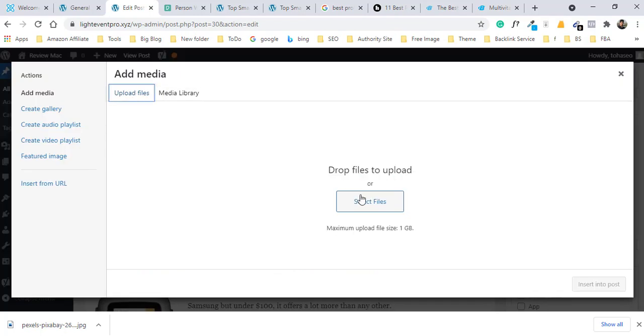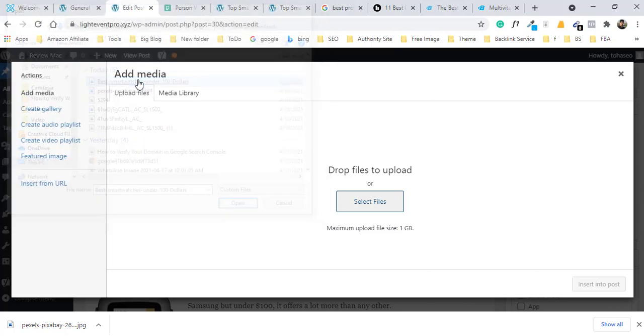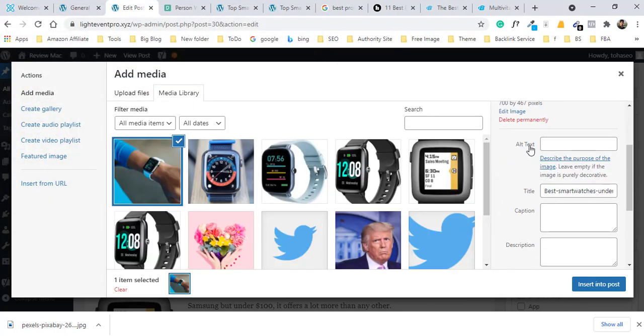Add media, select media, and I select the image. Here you need to put the alt tag. You must input your alt tag, because search engines read your image by the alt tag. So putting an alt tag is very important, and name your alt tag very wisely.